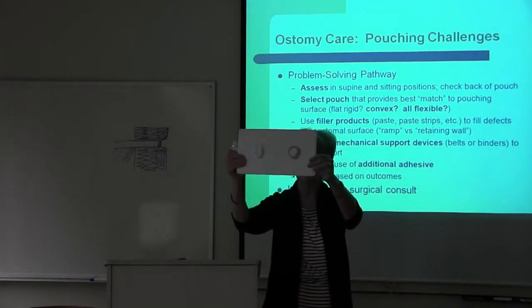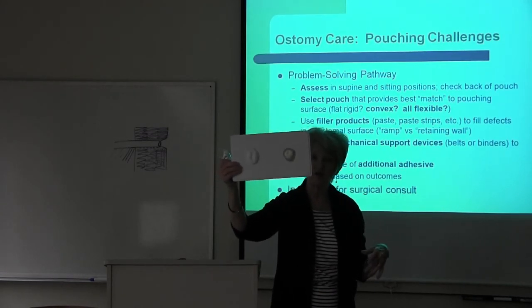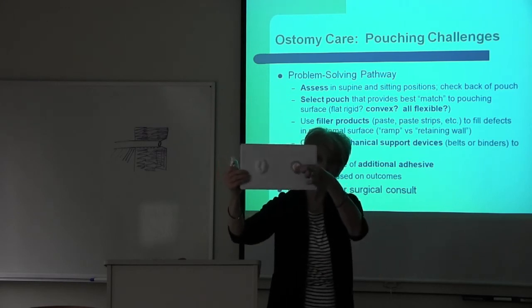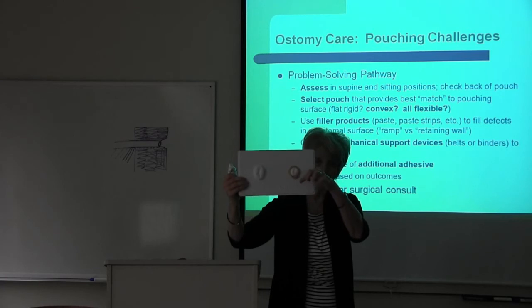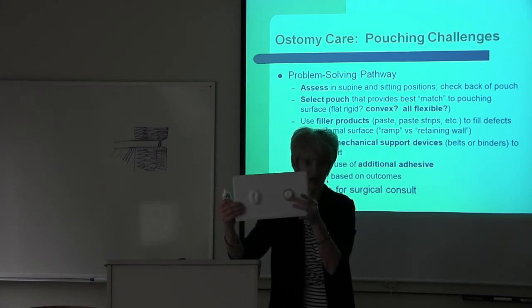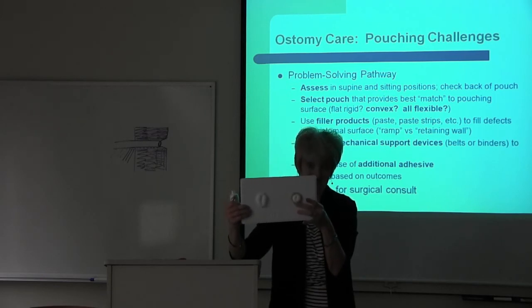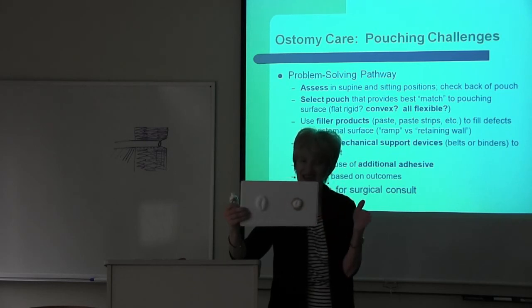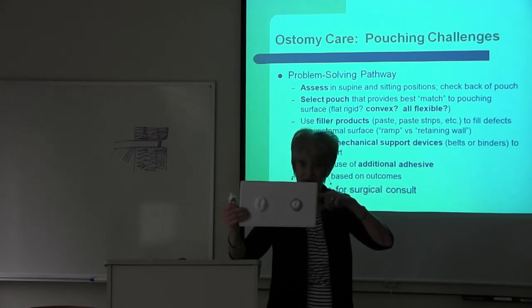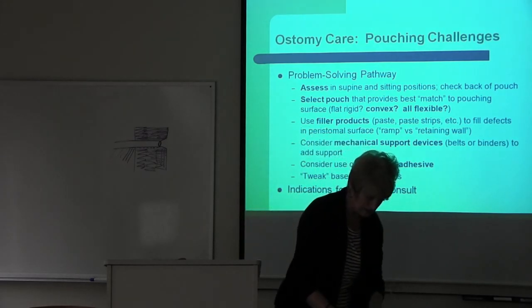If you can see this, you can see the stoma protrudes and I have a thick ring of paste all the way around. Not a problem, because my stoma empties at a point higher than the highest level of my protective products. The rule of thumb is any product that you use for peristomal skin protection has to match or has to be flatter than the stoma itself. So if I have skin level stoma, I have to have flat paste. If I have a protruding stoma, I can have a ring of paste. So if my stoma protrudes, it's fine to have a retaining wall. But